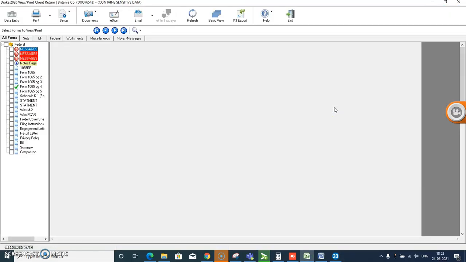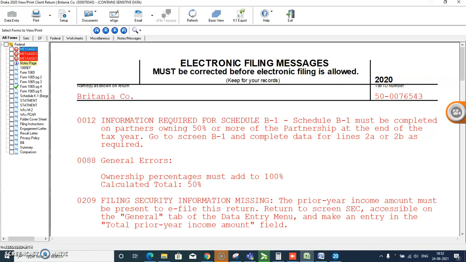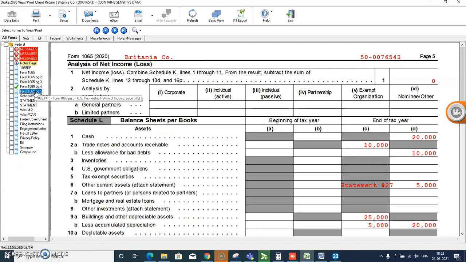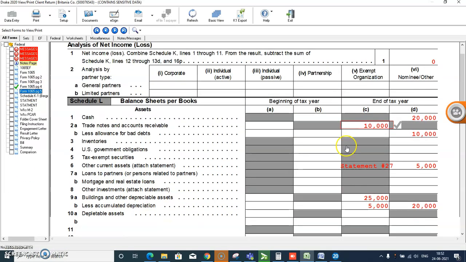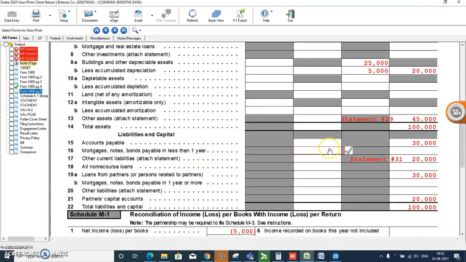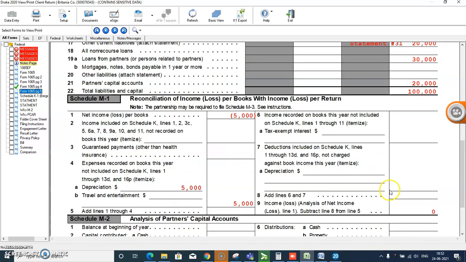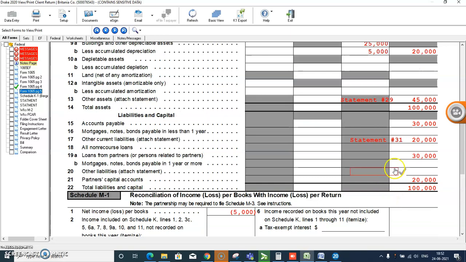Now let's have a look. Page 5 was Schedule L. See, the $100,000 and $100,000 totals are matching. That means the rest is the remaining balance.